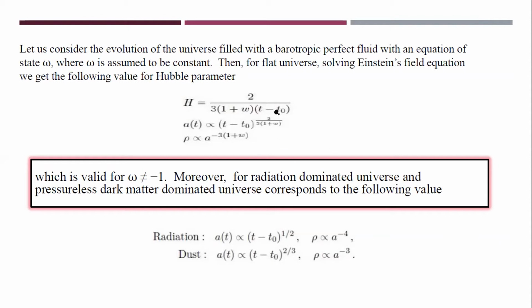We can get the scale factor in terms of the equation of state parameter. So if we change the equation of state parameter, like in the previous slide, we can get different solutions of the scale factor and energy density. If omega is equal to 1/3, we have the scale factor in terms of cosmic time as a square root, and the density is inversely proportional to the scale factor to the fourth power. In the second case, if omega is equal to 0, we have the dust case, and in this case, the density becomes this one. So in other cases, we can also obtain the solution of energy density and scale factor by setting their values.